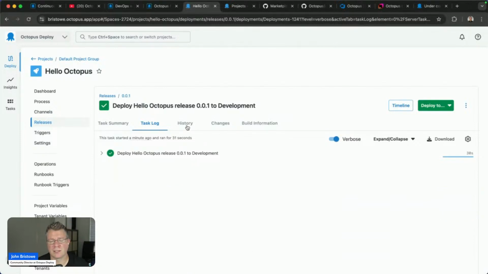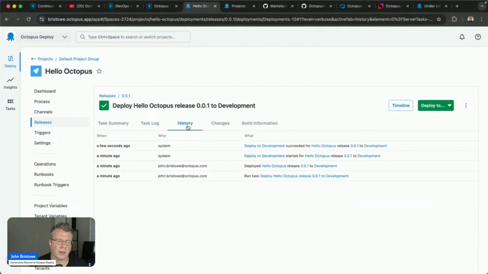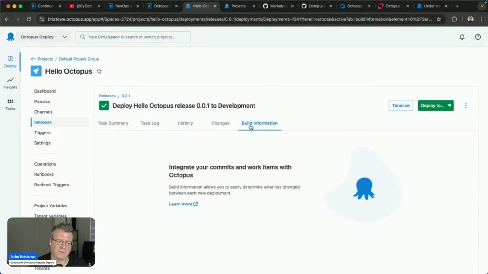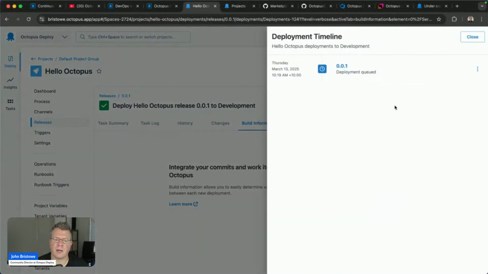Inside this dialog, we also track the history, all the changes that went into this, etc. We also incorporate build information. So if I want, I can integrate this with a series of changes or PRs that have gone into the code repository, utilize those as part of my merge commits, and then utilize them as part of build information, and then I can roll those up into a README file to get change logs, for example. I also have an option here of specifying a timeline, so as you see deployments occurring, you'll see them listed here as part of this.